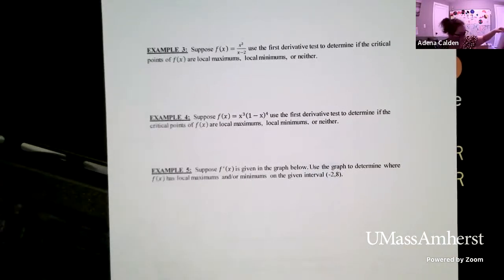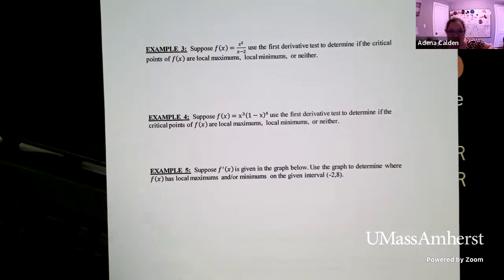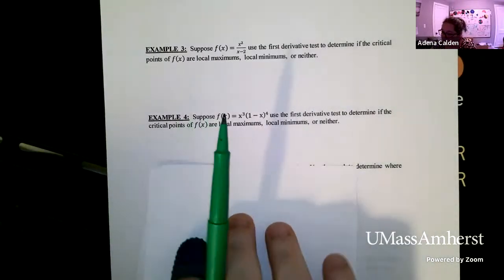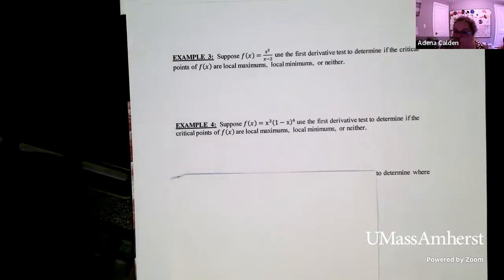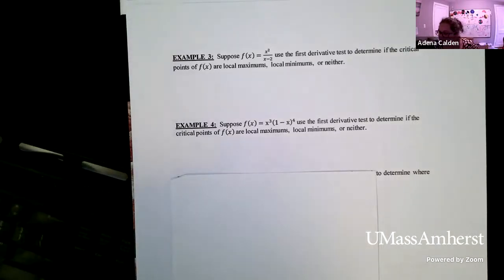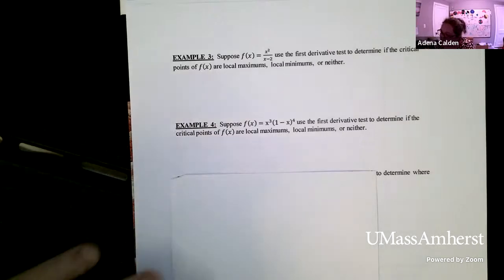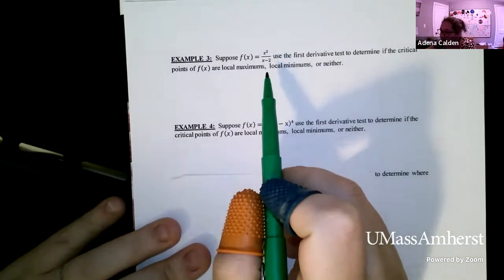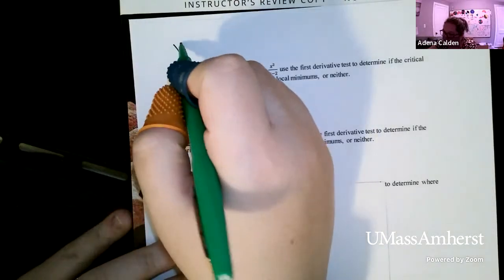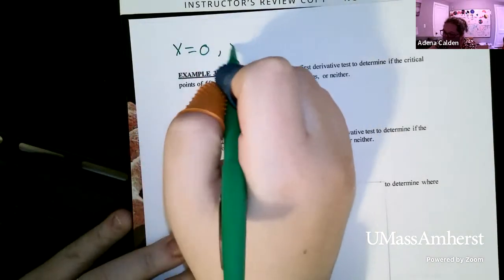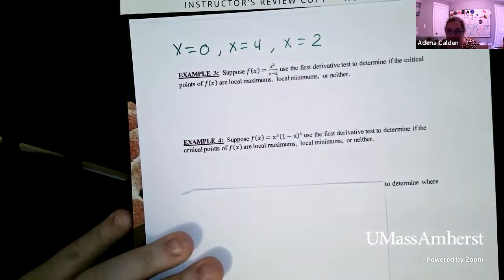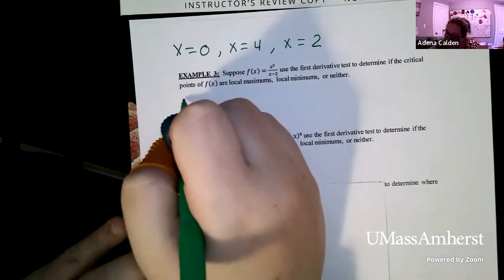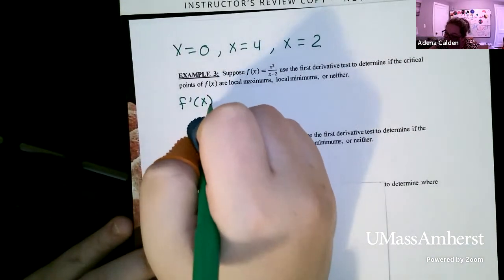Okay. So we won't do the graph one yet. For examples 3 and 4, we want to try this again. And I am going to go ahead and tell you what we found these to be. These are the first two we graphed, so we actually have a good guess from the beginning of class today. So for x squared over x minus 2, our critical points are x equals 0, x equals 4, and x equals 2. And as a reminder, when we did our first derivative, we had to do a quotient rule